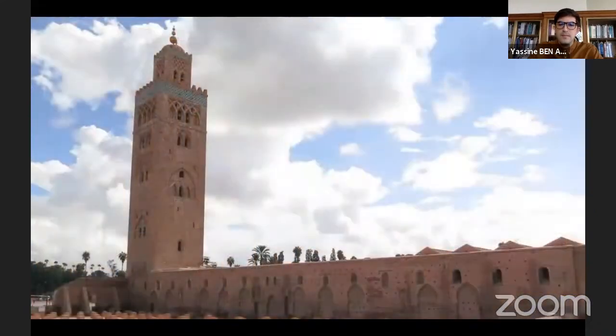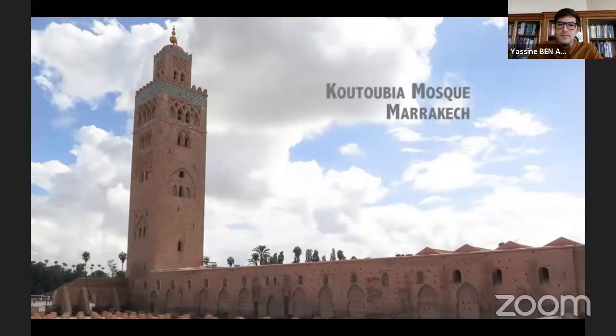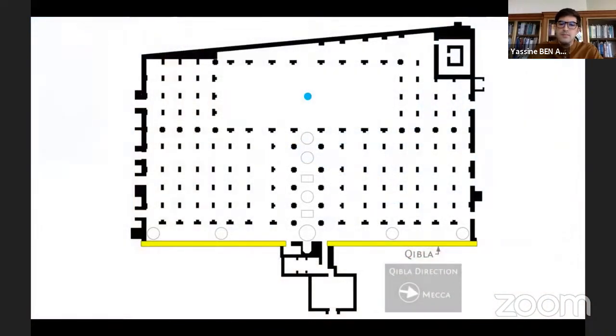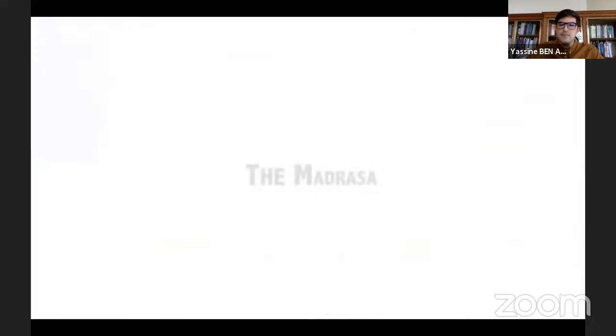At each mosque, you will also find a minaret, a square-shaped tower from which the call to prayer is recited. Each side of the minaret has a distinctive design. Another feature that makes Moroccan mosques unique is their orientation. Typically, mosques face Mecca, which is roughly east of most cities in Morocco. Moroccan mosques, however, tend to face south-southeast.